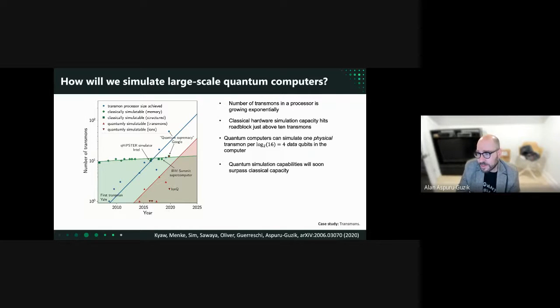So this is where we came in and said, what would it take to simulate, say, transmons? But obviously, you could also do this for quantum optical setups. You could do this for ion traps. The exercise will be the same. Take the Hamiltonian that you care about, map it to a spin 1/2 representation, truncate it the right way, use all the variational quantum eigensolver tricks that we can, or excited state variational eigensolver, or trotterization, and where do you land? It turns out you land roughly, or at least for us in terms of transmons, at 4